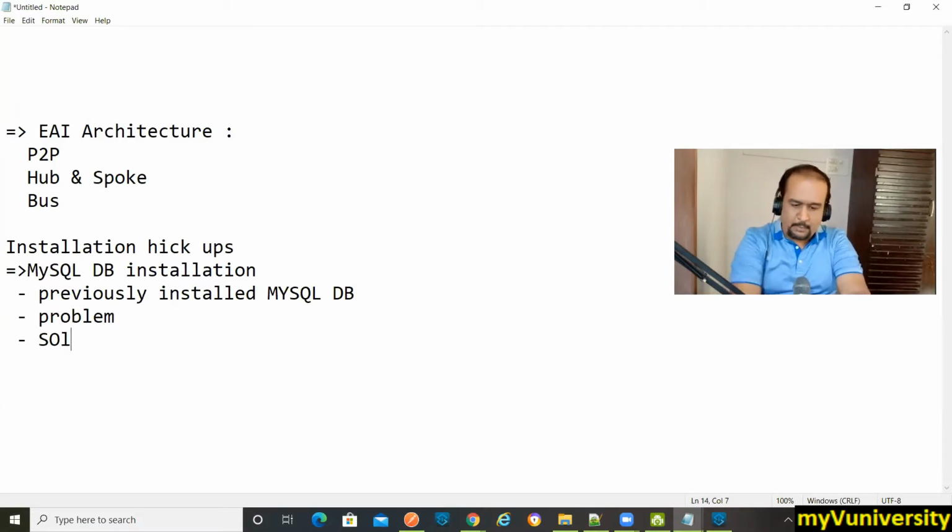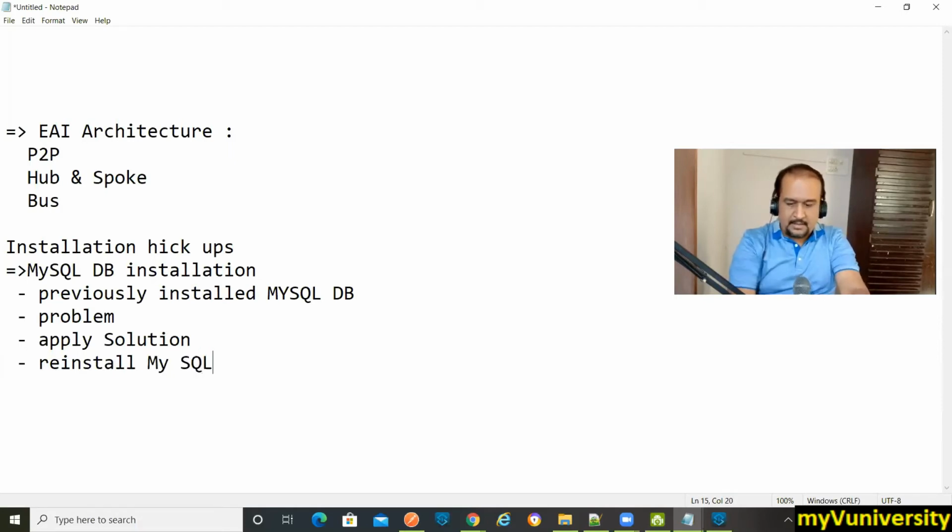That's a known proven solution, and we will apply it and reinstall the MySQL DB. You will see that it gets solved. That's one type of learning also.